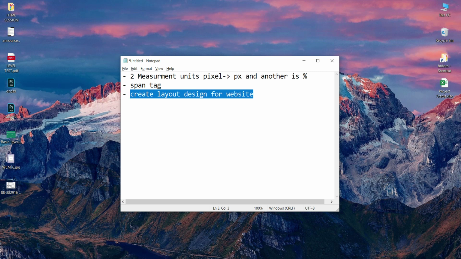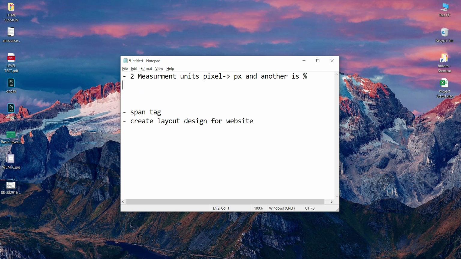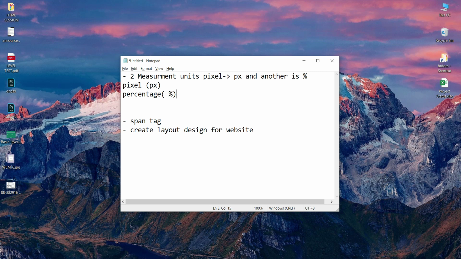Okay guys. So coming to the first point, we have two measurement units, that is pixel, which we know as px, and another is percentage, the percentage sign. So what is the difference between px and percentage?